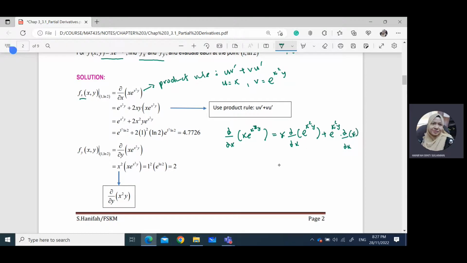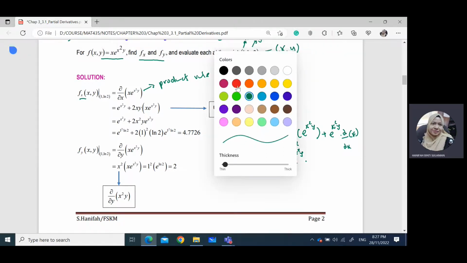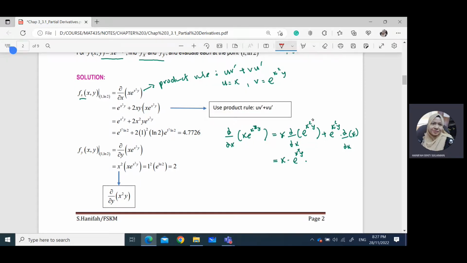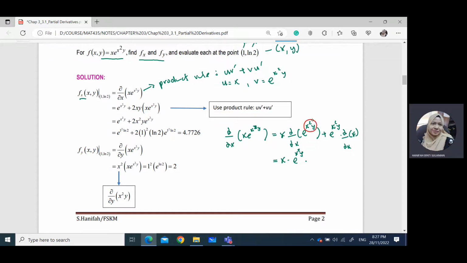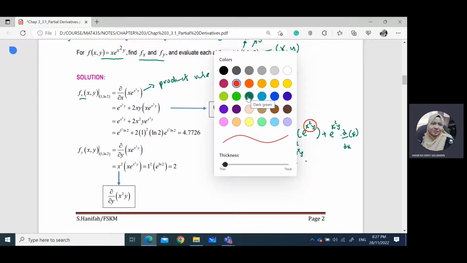Okay, so we differentiate. So x multiplied with the derivative with respect to x on exponent x squared y, which is exponent x squared y multiplied with the derivative with respect to x on x squared y. So for this one too, you have to differentiate and then multiply. And then we will have